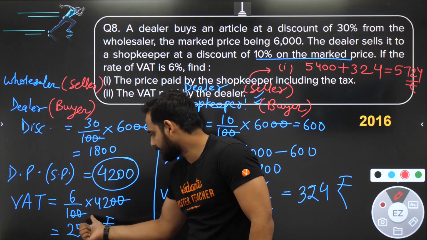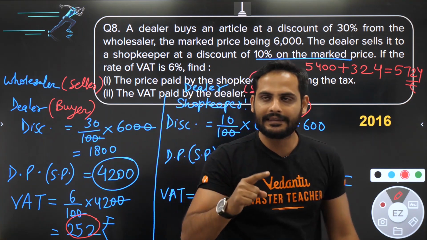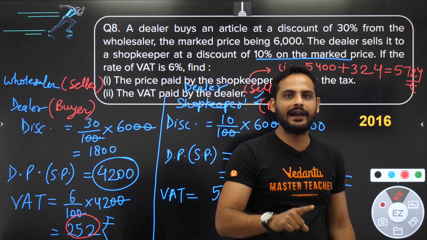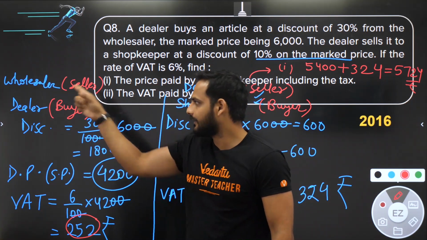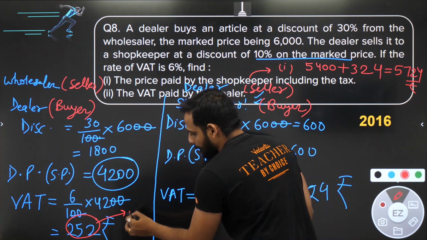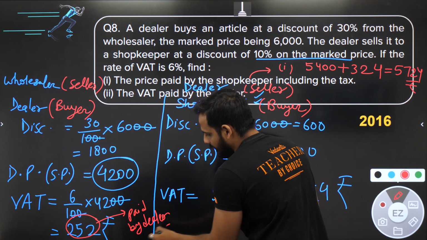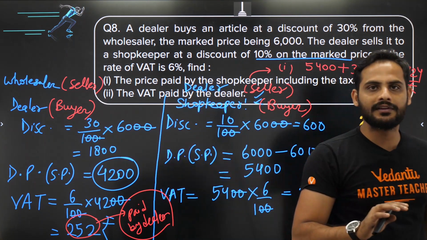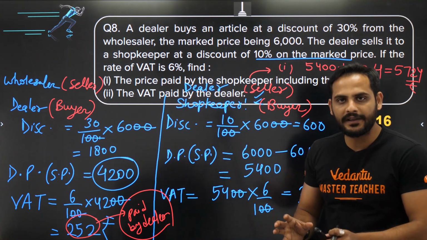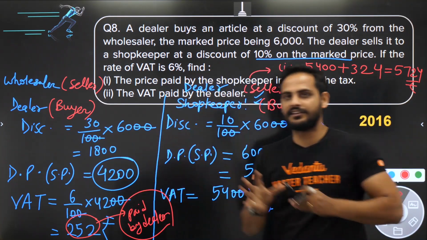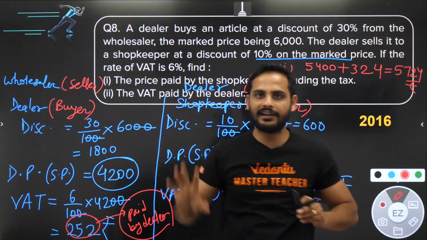So beta, this VAT is given to the government by the wholesaler and paid by the dealer. So understand, paid by dealer. 252 rupees the dealer has already paid while purchasing, and this 252 rupees will go to the government through the wholesaler,